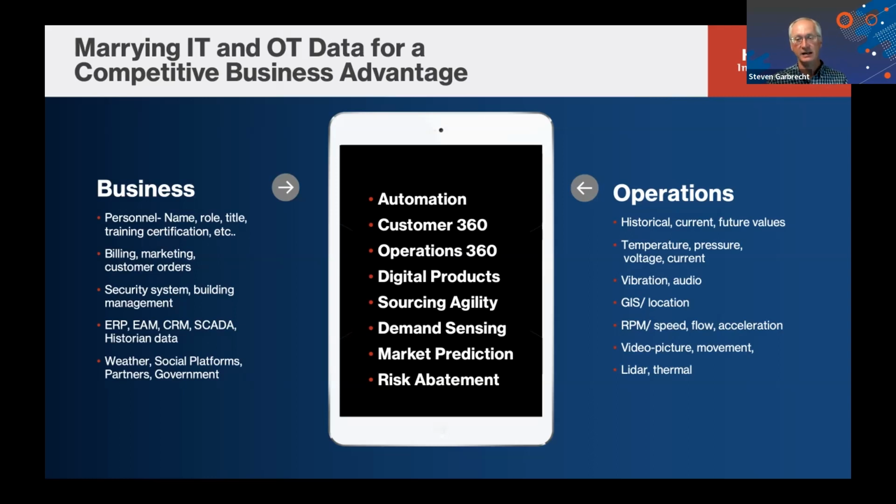And it takes that business data and operations data to come together, and also a lot of third-party information coming in, providing better sourcing agility and demand sensing. So now I can really produce my stock to exactly what my demand is trending toward out there in the marketplace. I can predict market activities, even taking into account what's going on today, which is very important, in inflation, in demand and supply capabilities, to predict what's going to happen in the market, so I can have a better ability to meet my needs, retain costs and be efficient in the marketplace.